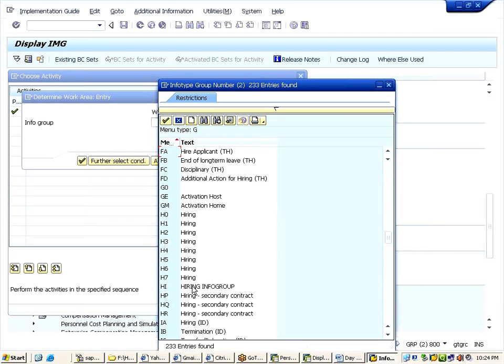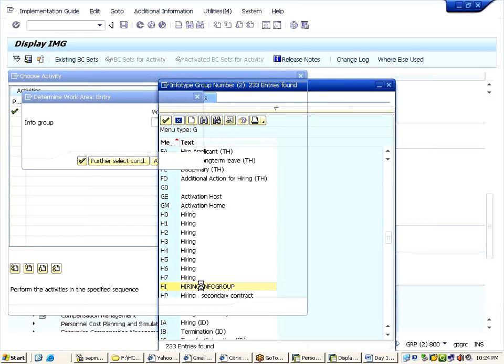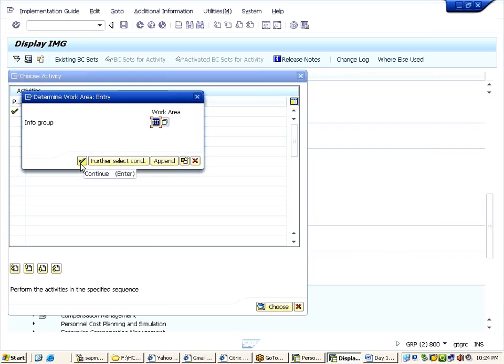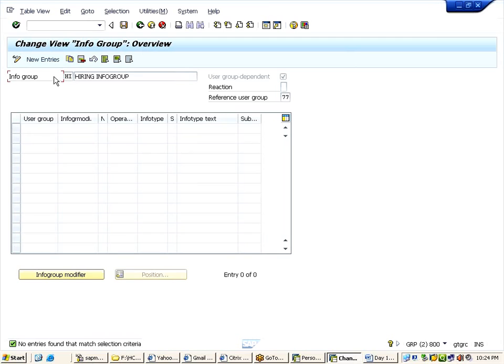That means which info types are to be called while hiring an employee is what you are going to tell your system here. How to tell that? New entries. Now give your user group. What is your user group? 77. Info group modifier, leave this column because we are going to talk about this later.